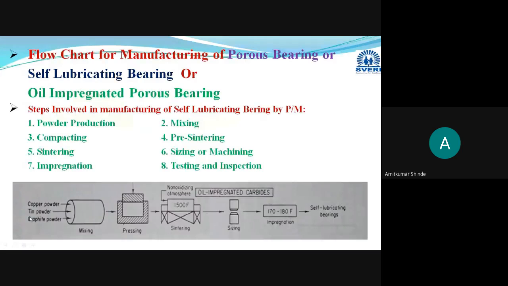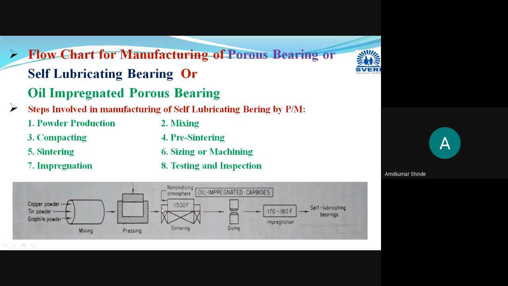In this diagram, in the first stage, before the mixing, you have to add one rectangle, and mention the powder production. In that you have to mention manufacturing of copper, tin, and graphite powder. Just write one rectangle, and in that make three arrows, and the manufacturing of these three powder names you can write there. And after that, draw one arrow, and write the mixing, then pressing,